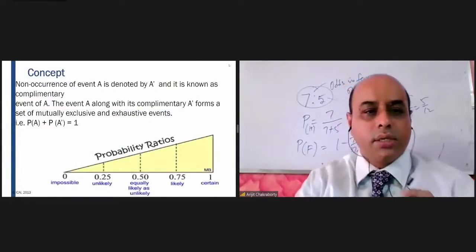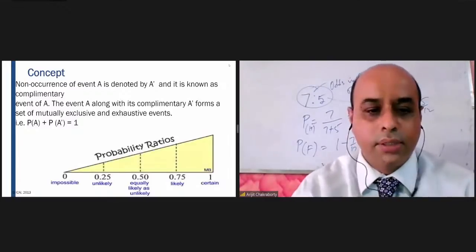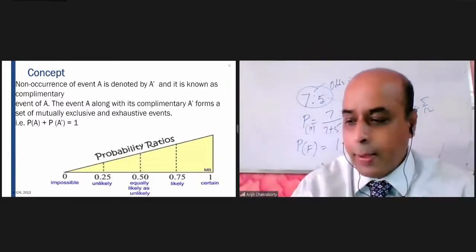In this particular slide, you can see the probability ratio. If the probability is 0, it is called an impossible event. Then